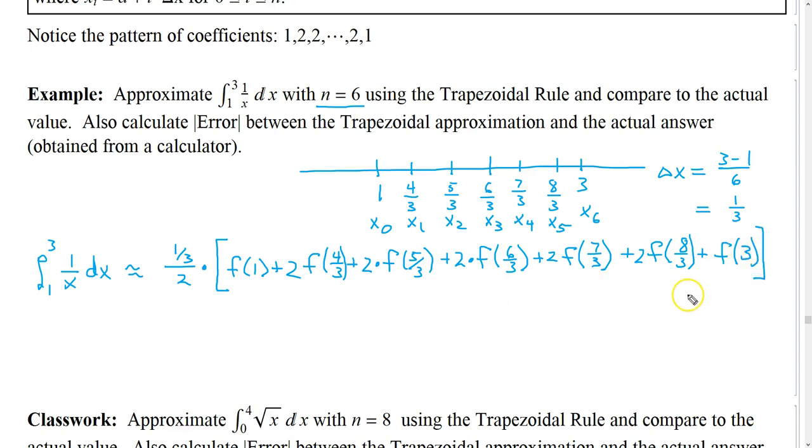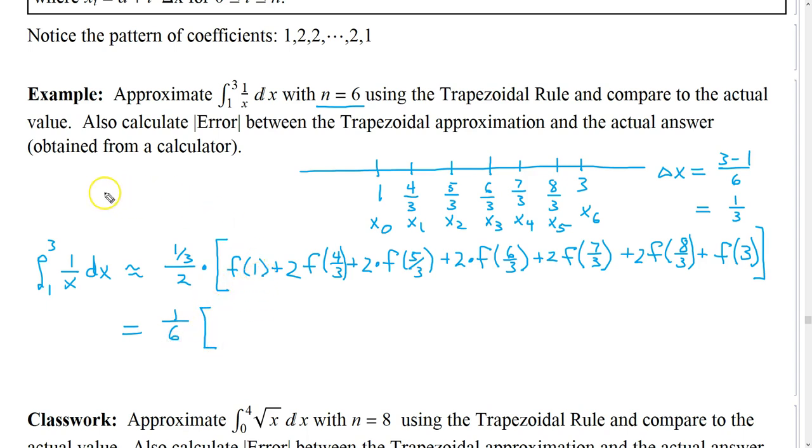So this is what we have to evaluate. Notice our pattern: 1, 2, 2, 2, 2, 2, 1. And we're evaluating the function at each of the node values. So now we just have to evaluate this. So this is going to equal 1/3 over 2 times